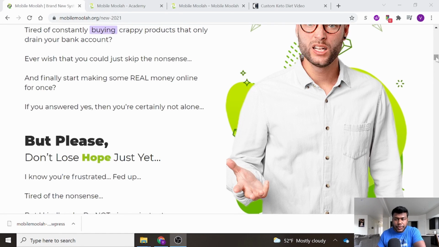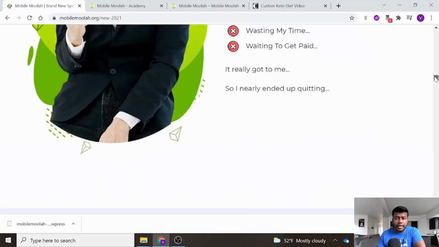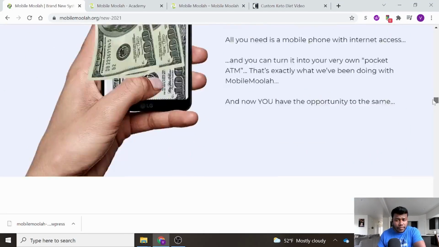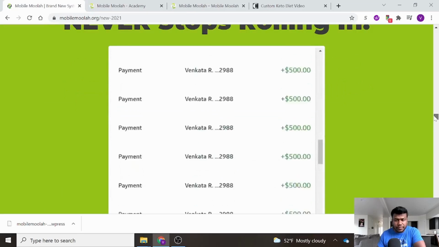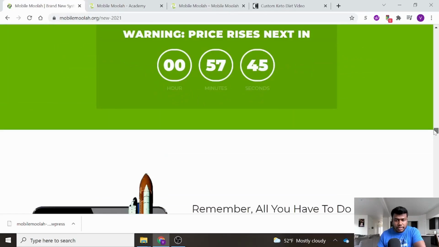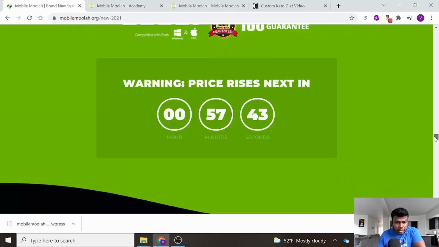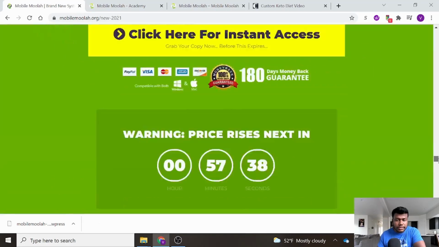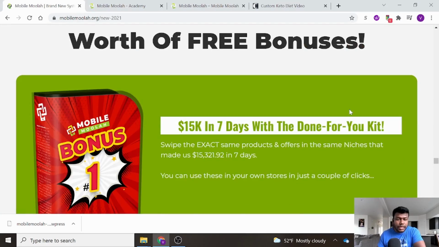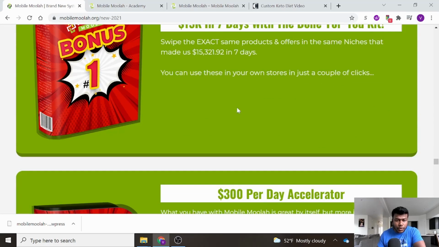Now I'm going to show you the vendor bonuses you will be getting. There is a lot of information here. You can go through it if you want. I'm not going to go through everything here, and I'm going to quickly show you the vendor bonuses you will be getting. Yes, you see, these are the vendor bonuses,